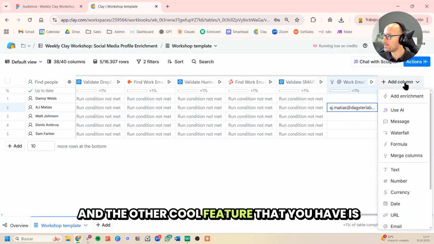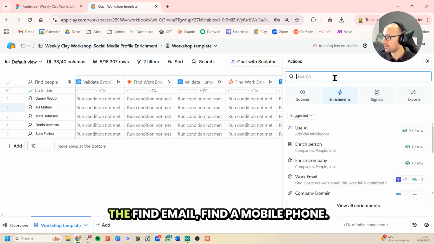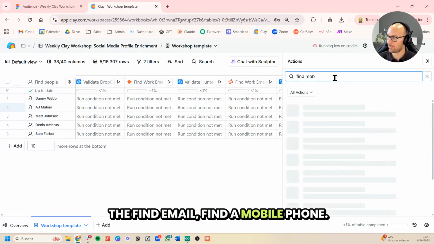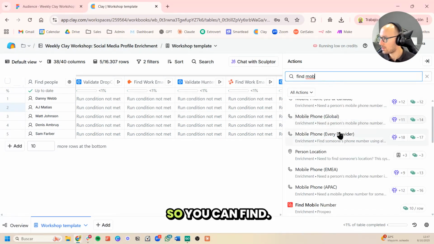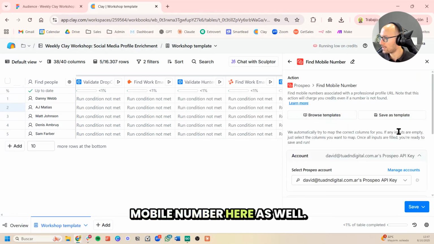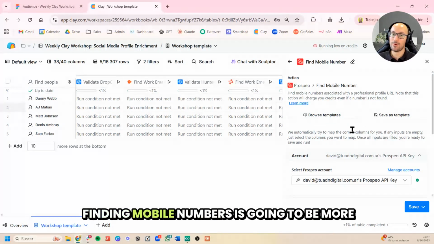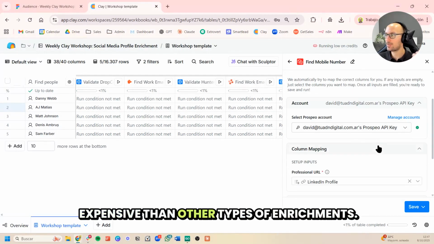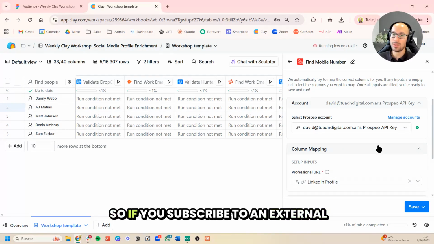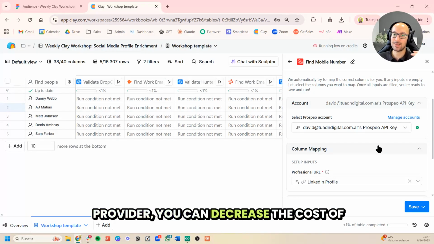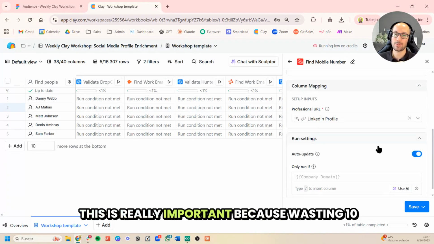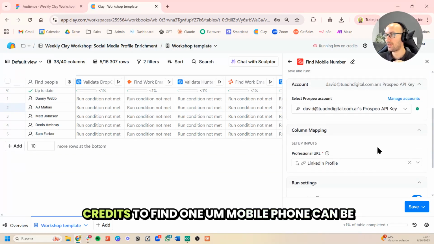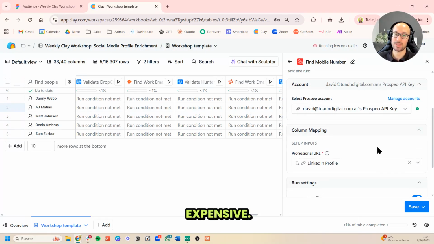The other cool feature that Prospect has is find mobile phone. So you can find mobile numbers here as well. Finding mobile numbers is going to be more expensive than other types of enrichments. So if you subscribe to an external provider, you can decrease the cost of running it. This is really important because wasting 10 credits to find one mobile phone can be expensive.